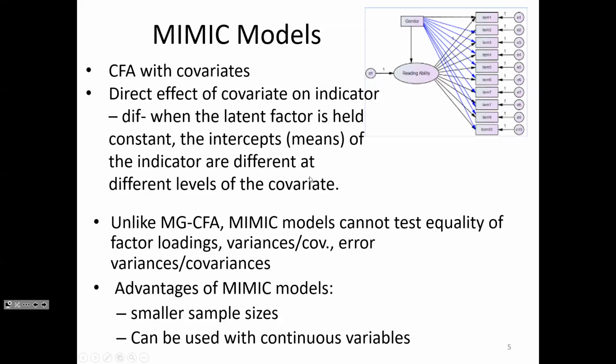Or in the error variances for that matter. But I think the more important thing that we can't look at... I could live with not testing error variances more easily than not testing loadings. There's no way, in this model, we're assuming, if you think about it, those black paths are really like, how does reading ability predict the item score, right?